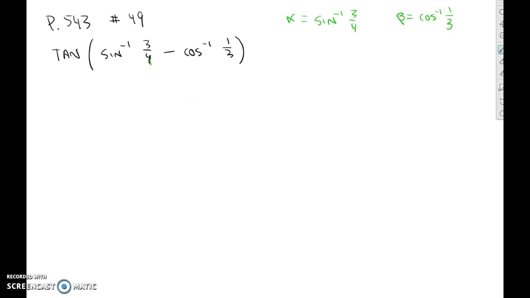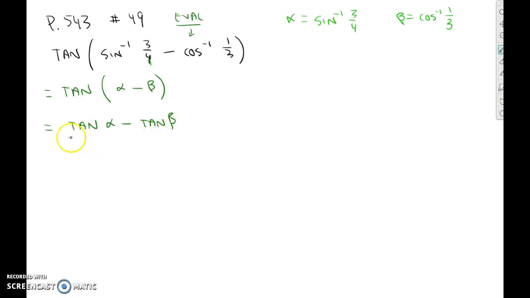So now the expression I want to evaluate, the directions said to find the exact value, would be alpha minus beta. I'm substituting the angles in for these expressions. Well, I can't find alpha minus beta, but I can find the tangent of their difference by using my identity. This is the tangent of alpha minus the tangent of beta